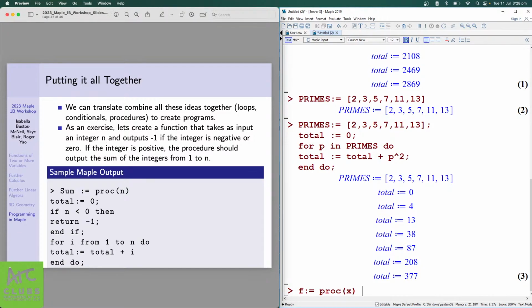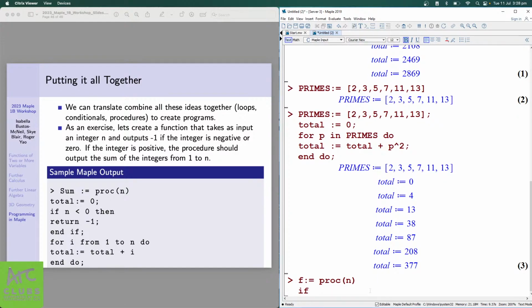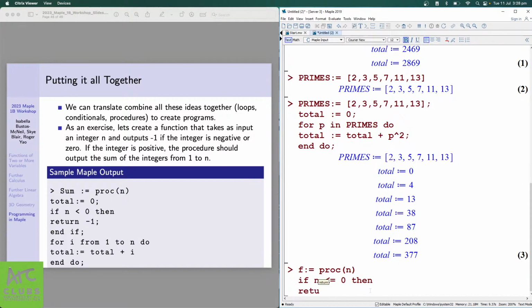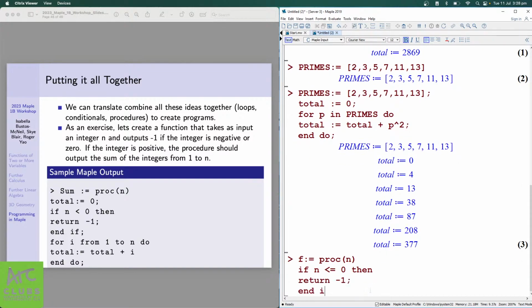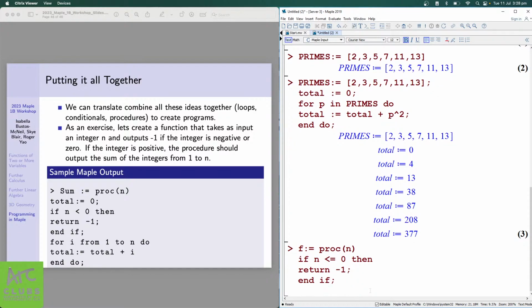Now, it takes an integer n and outputs -1 if the integer is negative or 0. So the way we want this program to run depends on what value of n we put in. So that's telling us we should use a conditional statement. So if n is less than or equal to 0, we want to return -1. And otherwise, for i from 1 to n,